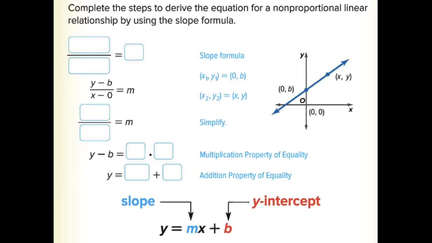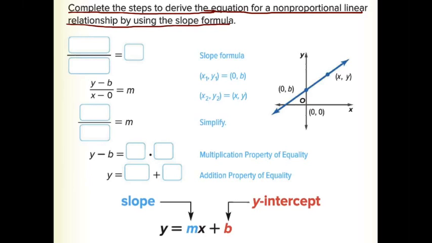Okay, so you watched a short little video. Some of that may have been review, some may have been a little bit of different information, or information said a little bit differently to help you see a little more about the y-intercept and the slope. But what we're going to do here is take what we know and do something called derive. The directions say, complete the steps to derive the equation for a non-proportional linear relationship by using